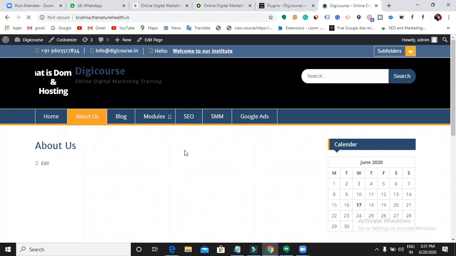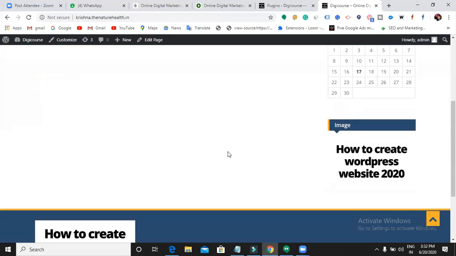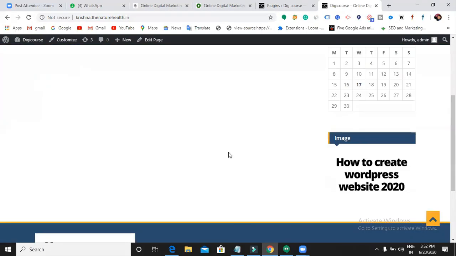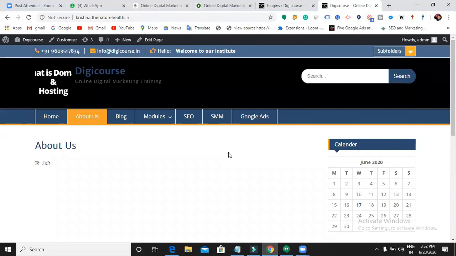Where will my contact form appear? You didn't link it to any page, so it didn't appear. You have not created a page or menu for that. You are right.